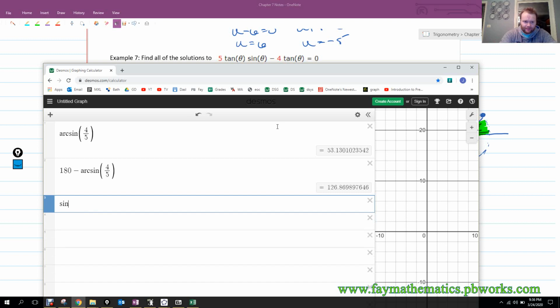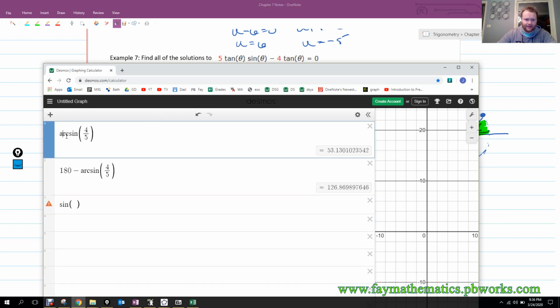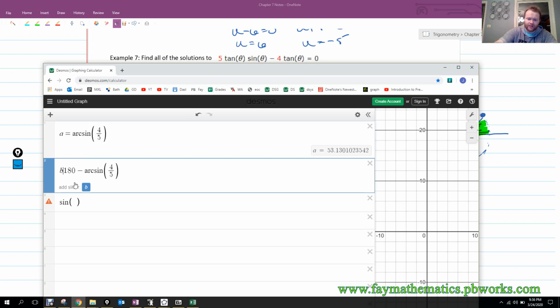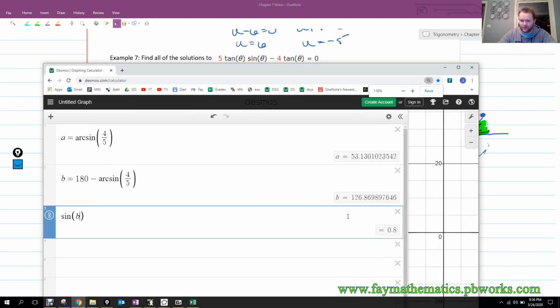Just quickly, if I go sine of, again, calling this A, and this is just a check. You've been seeing me do this a couple times now, and it's really beneficial. Obviously, I know that first one's going to work because the calculator gave me that directly. I like to do the check, especially with the second one, to make sure that when I put B in there, I do get 0.8. And when I put A in there,